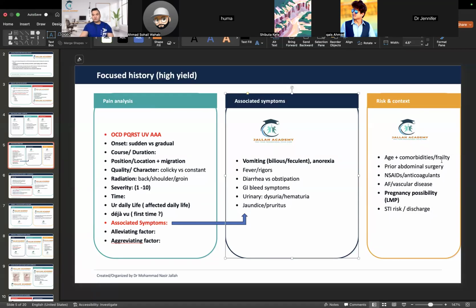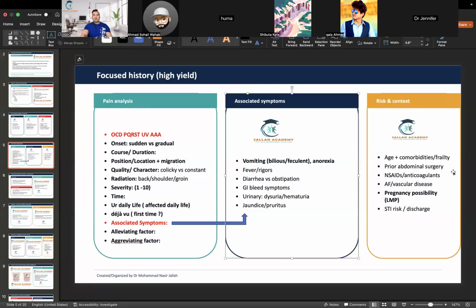Now, in terms of age and comorbidity, it really matters because some of those conditions are very specific. It doesn't mean that it doesn't happen at any other age, but in terms of age, some of these conditions happen usually in, for example, the elderly. I'm just going to give you an example. For example, diverticulitis. Diverticulitis can happen in young patients, but it's more common in the elderly. So age plays a major role, which you cannot forget.